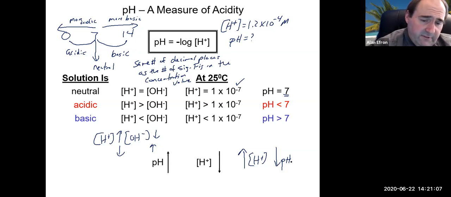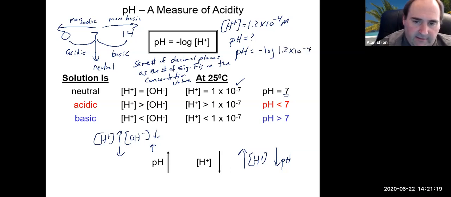All right, so let's first start with the actual pH part of it. To calculate the pH, we would put it into pH is equal to minus the log of 1.2 times 10 to the minus 4. Again, if you have a display calculator, you hit the negative, you hit the log, you hit 1.2, your exponent button, and negative 4. If you have a non-display calculator, you go 1.2, exponent button, negative button, 4, log, and then make it positive. And if you punch that in, you will get a number on your calculator, perhaps like